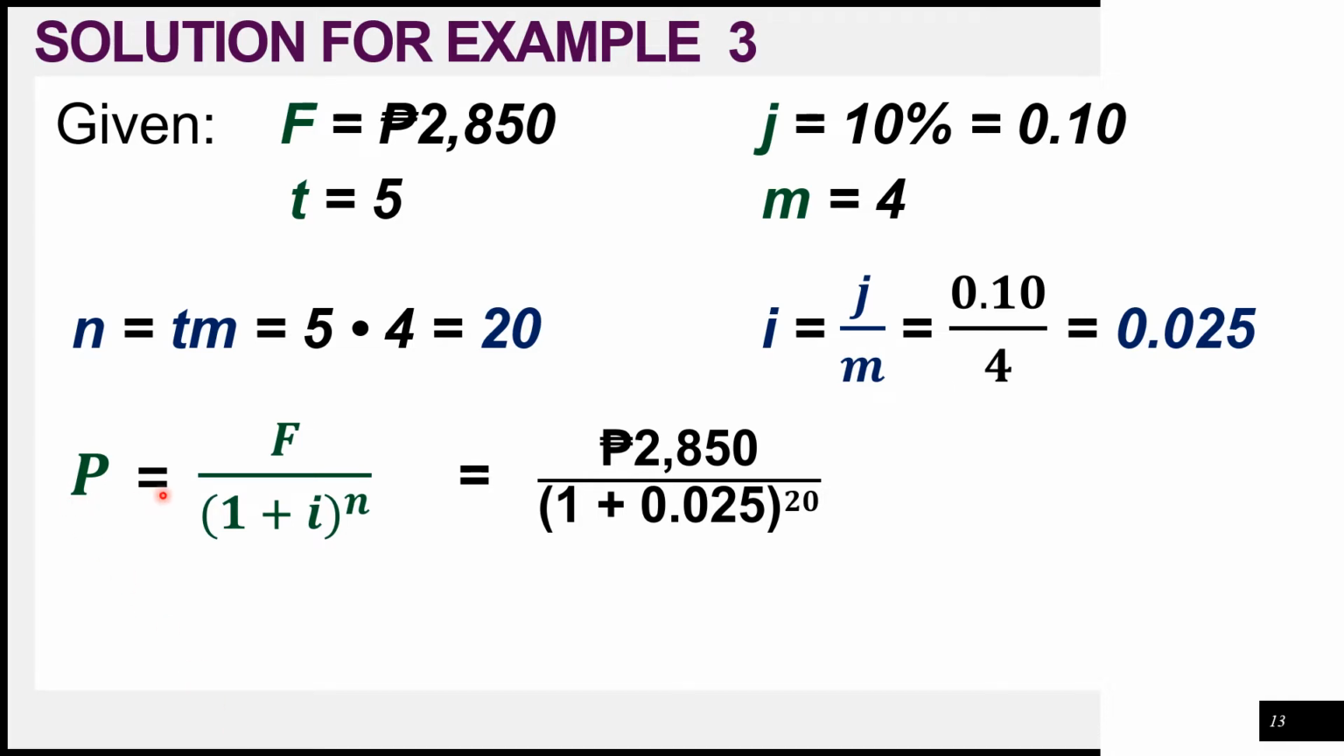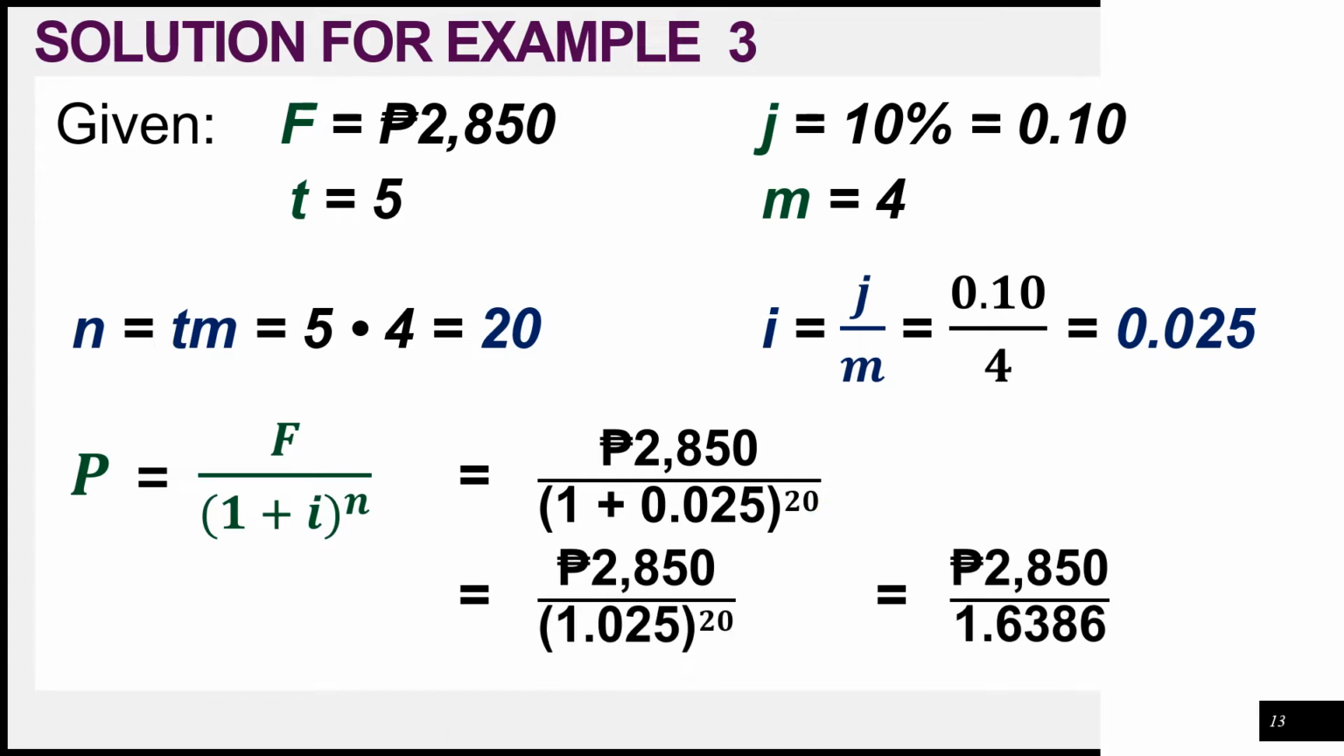Here's the formula for solving the present value. We have P is equal to the future value, or F, divided by the quantity of 1 plus I raised to the power of N. Substituting the values, we have F is 2,850 pesos divided by the quantity of 1 plus our I is 0.025 raised to the power of N, which is 20. Now, adding the values of 1 and 0.025, we get